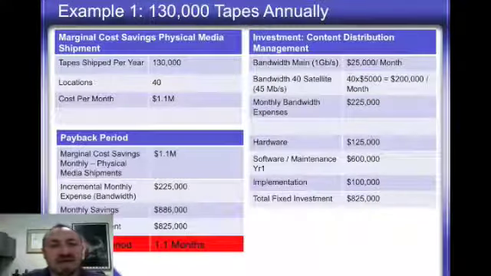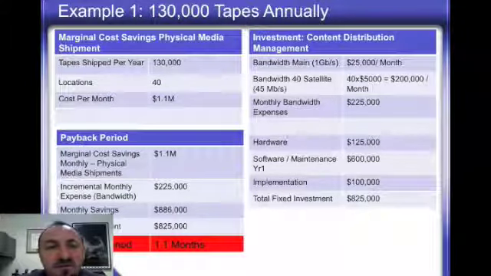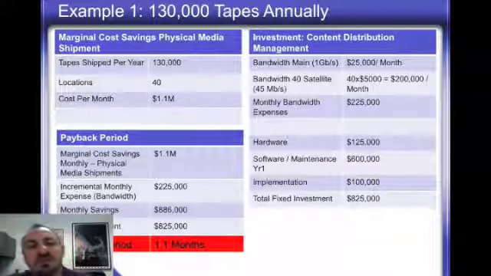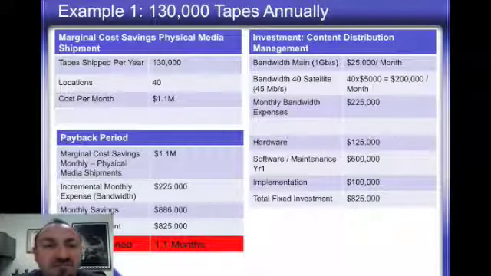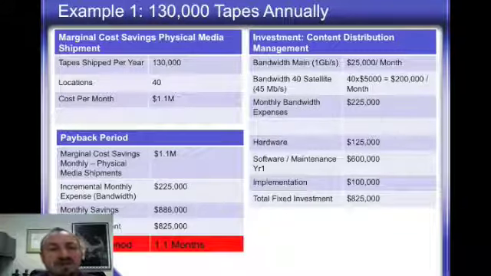So let's look at the ROI for a few real examples here. 130,000 tapes annually. The two customers that we can point to that have that volume have about 40 locations each. And their cost per month